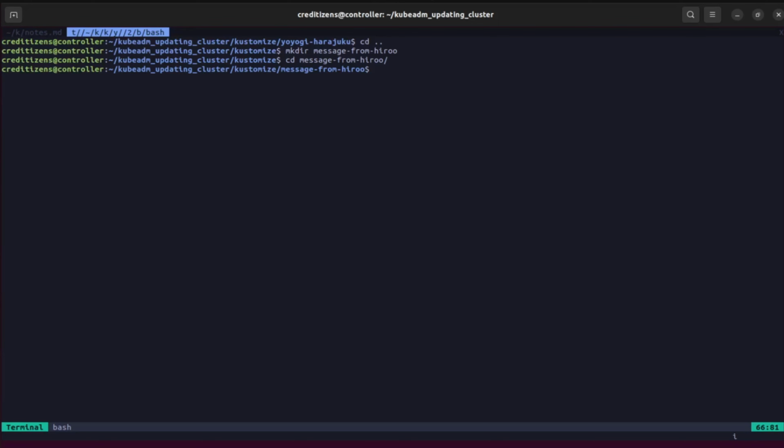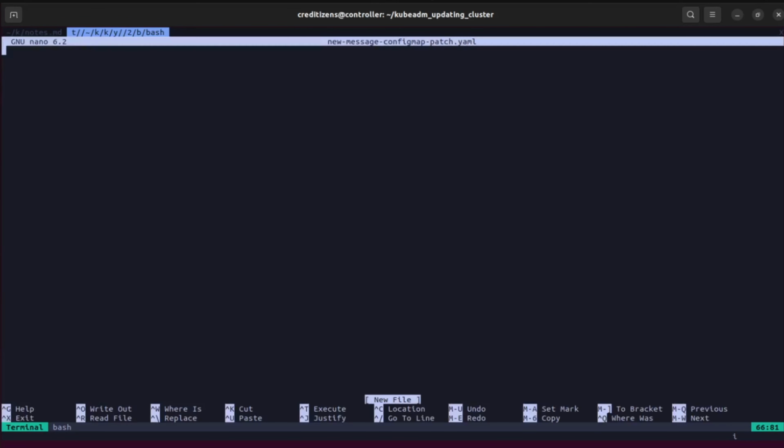We go inside our new folder. And after here, you decide what you want to do. So let's start with creating a new message config map. So we're going to be patching the other one. New message config map,